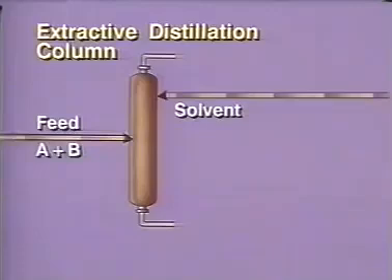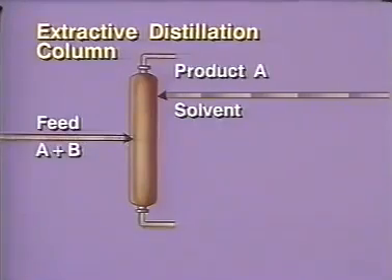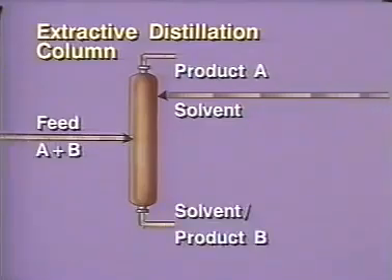As the solvent moves down the tower, it attaches itself to one of the components in the feed and carries it to the bottom of the tower. The component not absorbed by the solvent, in this case product A, is removed at the top of the tower. The solvent and product B are removed at the bottom of the column and are then sent to a second